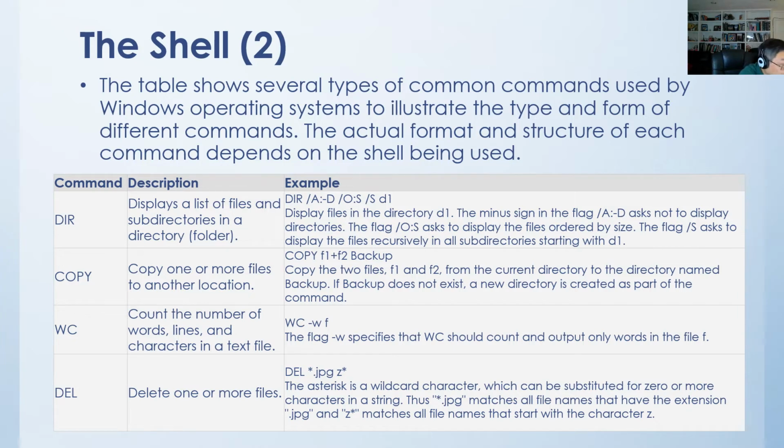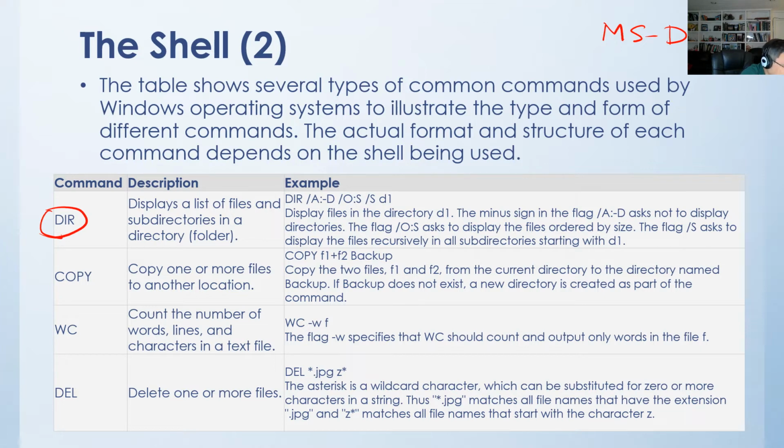Okay, let's take a look at an example of the shell command in the Microsoft Windows operating system. Sometimes this is also called MS-DOS. So this is the command line user interface. Basically you can open a command line window in the Microsoft Windows operating system. Then you can move to a directory or any folder, and then you can type dir, which is the command you can use to display a list of files and the subdirectories in a directory,